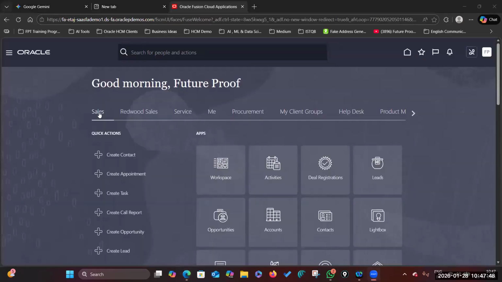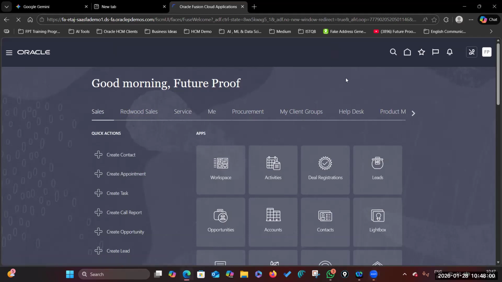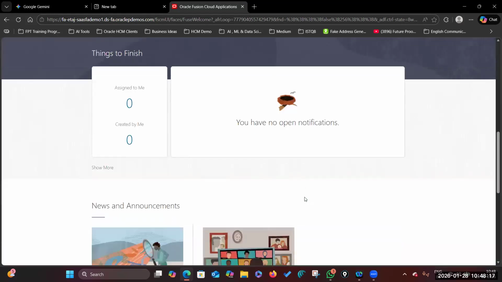Application. See, in this environment, the color is a little bit blue. And we want to change this one. This is the default home page. As per the client requirement, if you want to change this default home page to Ask Oracle one, this is a default home page, and we want to change this particular page to Ask Oracle as per